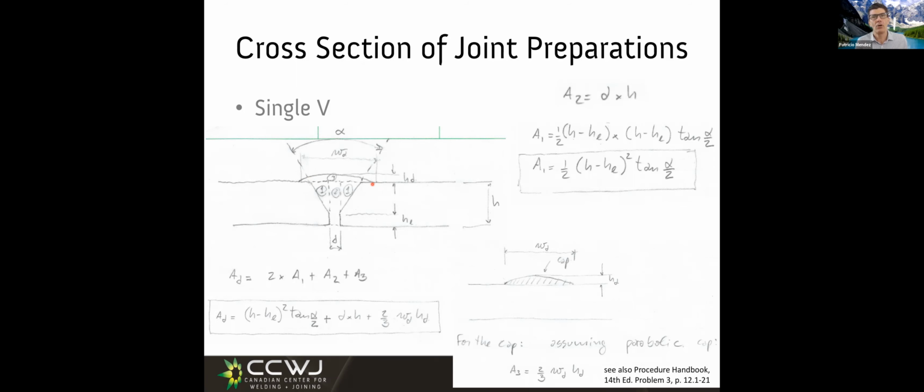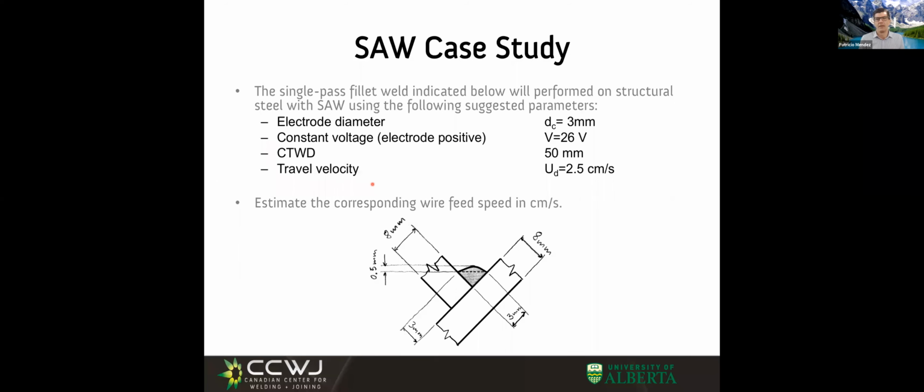And you know also how to relate that cross-sectional area to process parameters like wire feed speed, travel speed, electrode diameter. Now, we can make predictions without testing, and this is very accurate. There is no physics here, it's only geometry. So let me give you an example,